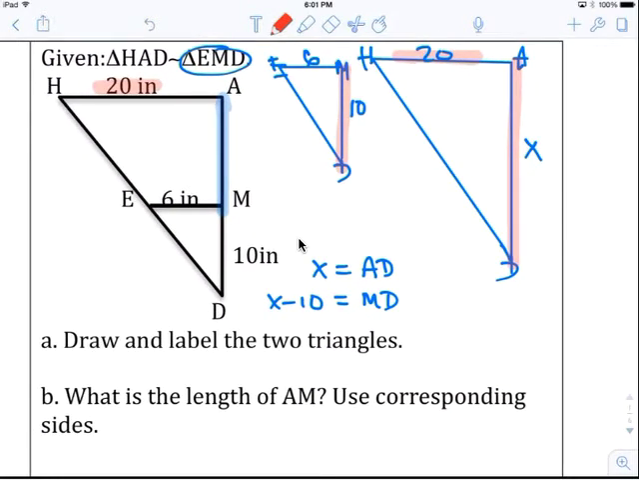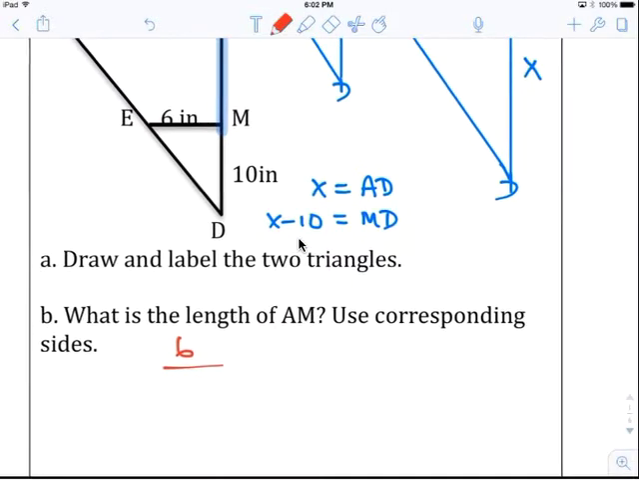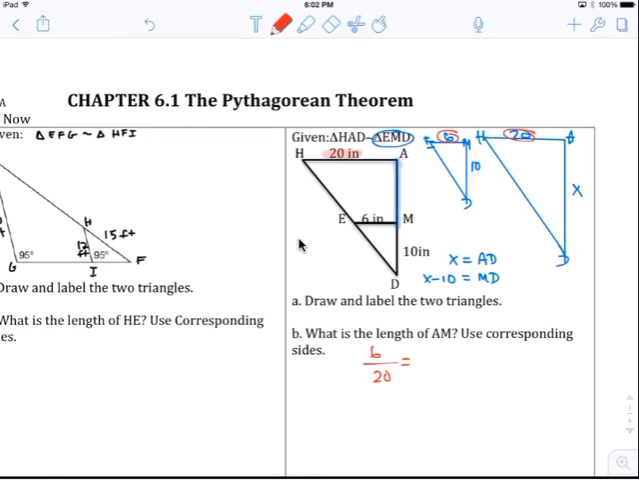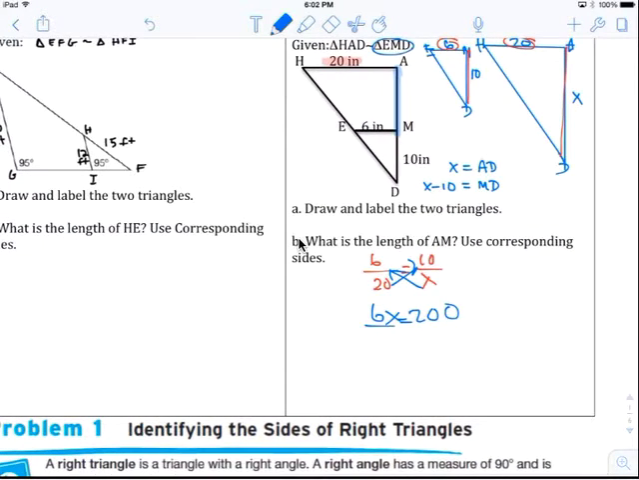Okay, so let's start with 6 and 20, I mean. 6 over 20 equals 10 over X. Cross multiply. 6 times X is 6X. 20 times 10 is 200. Divide by 6, divide by 6. X then is